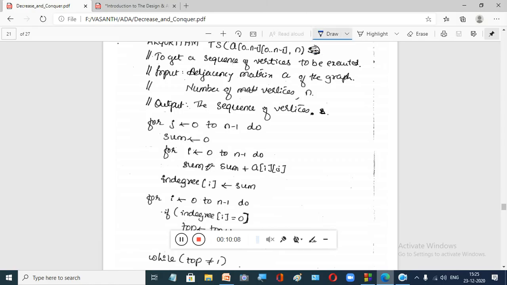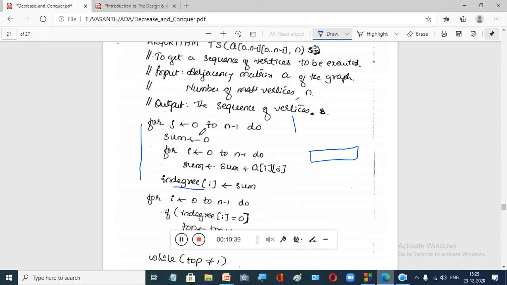So now you are going to find the first in degree. So this function is used to find the in degree. Now we are going to take one array, in degree, right? This is the single dimensional array which gives you the in degree of all the nodes. So you are going to find the column sum, right? So for j equal to 0 to n minus 1, initially we take a variable sum, we initialize it to 0, and i equal to 0 to n minus 1, sum equal to sum plus a of i j, right?